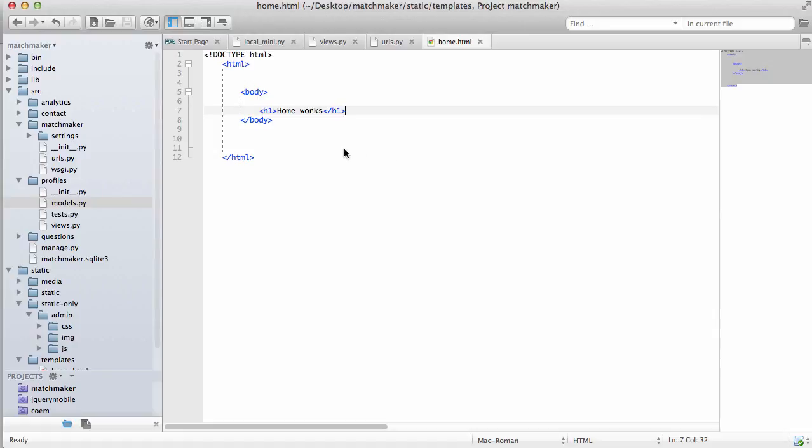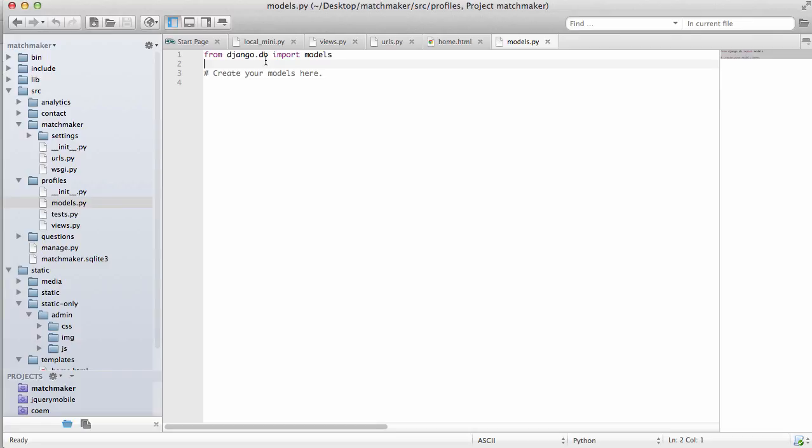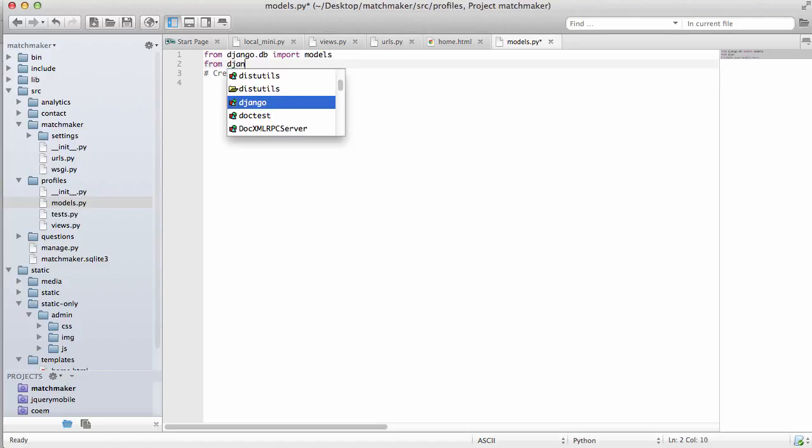Okay guys, so in this one we are going to add models into our profile. So this is basically associating some things like an address or a job to the specific user. So it's not really their profile, but it's getting some of that data. So what we'll do is we'll do